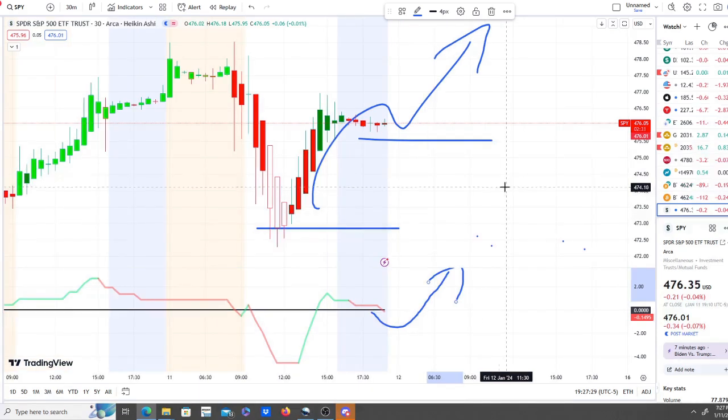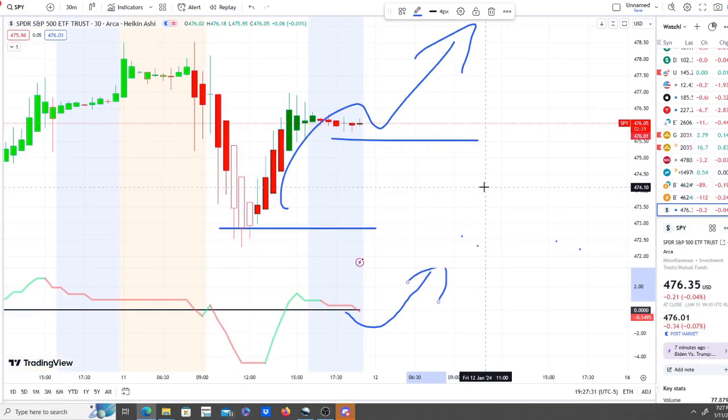The bull and bear indicators are going to be crucial, and the inflow versus outflows, I'm going to watch them closely going into